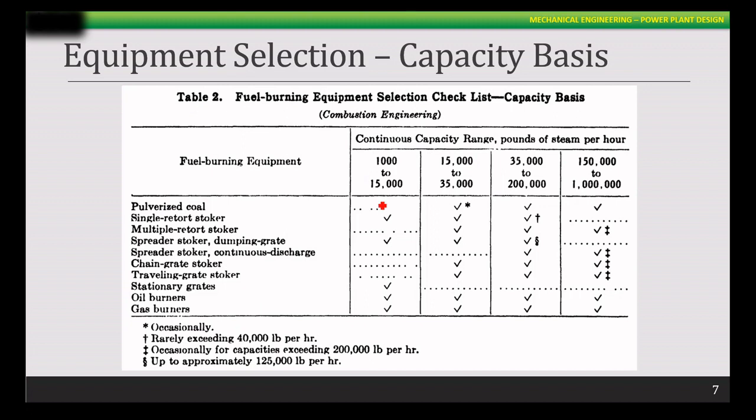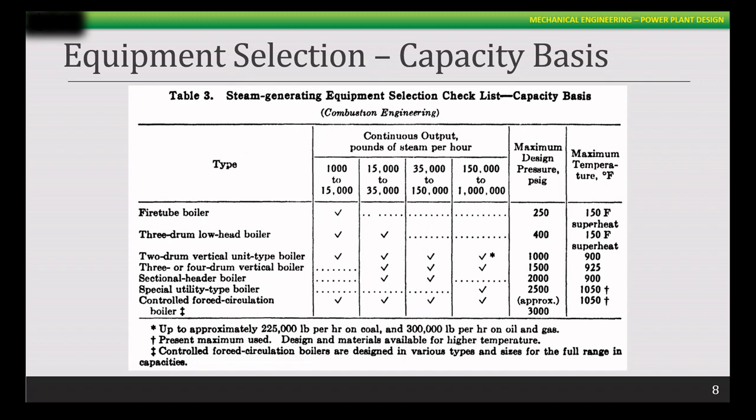Then if this is the capacity, then these are the required equipment, you check it. Okay, and then there are notes there, boss, you have to take note of that. Then we have also based on